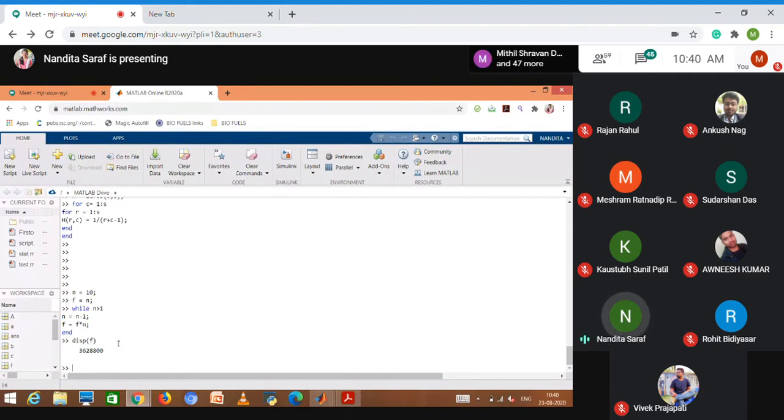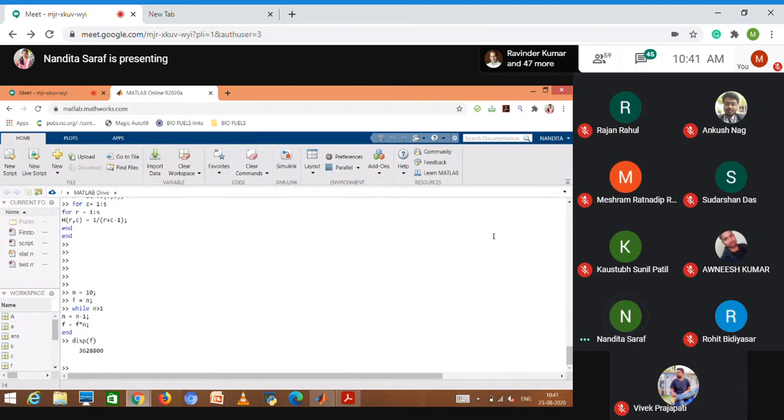So for the for loop, my n is starting from 1 colon 10. So it will take n equal to 1, 2, 3, 4, 5, 6, 7, 8, 9, 10, multiplying it with f. You can code in any form you want, just have to change the conditions. It's just an example of how we can use a while loop.